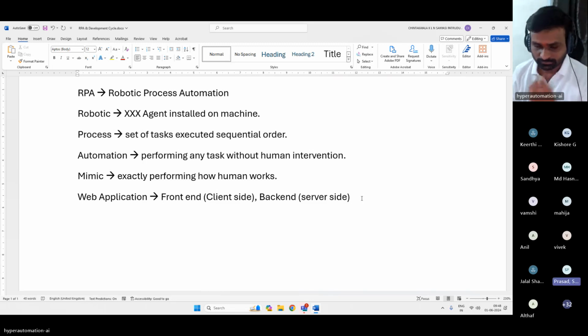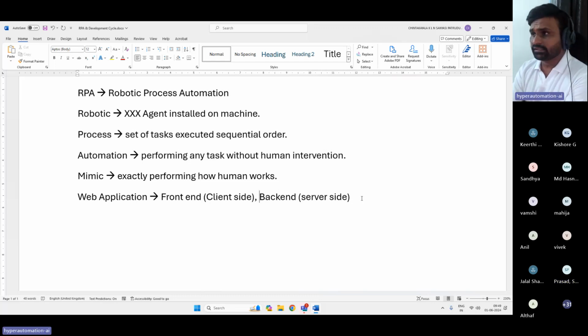I have one question. In UiPath, we have a few activities, and each and every activity is scripted, so in the backend there is some code, and according to that the activity runs. Can we say each activity is also like a backend one?